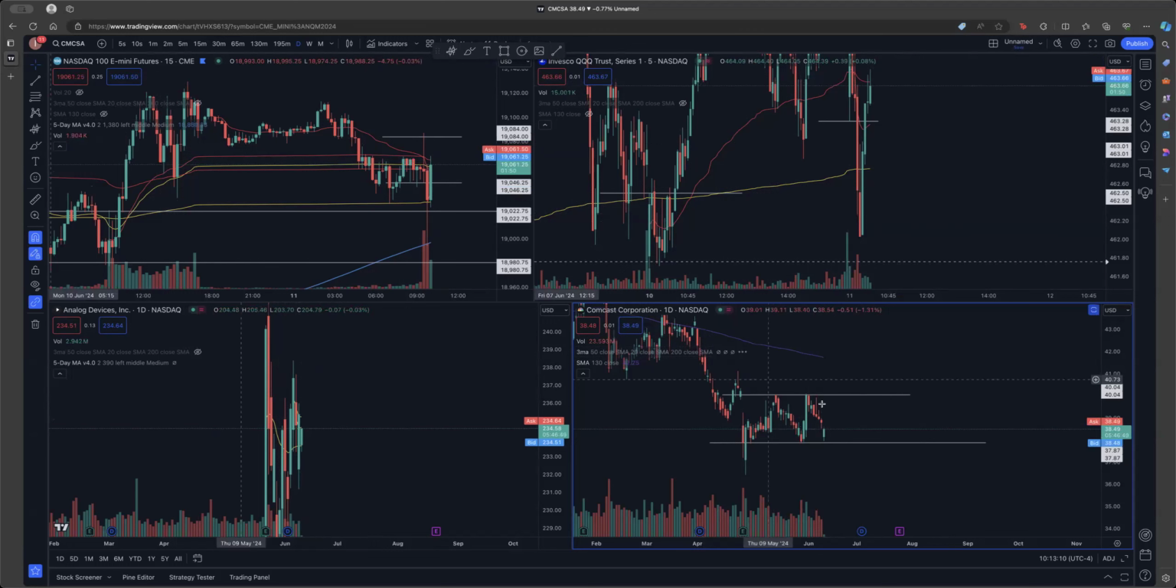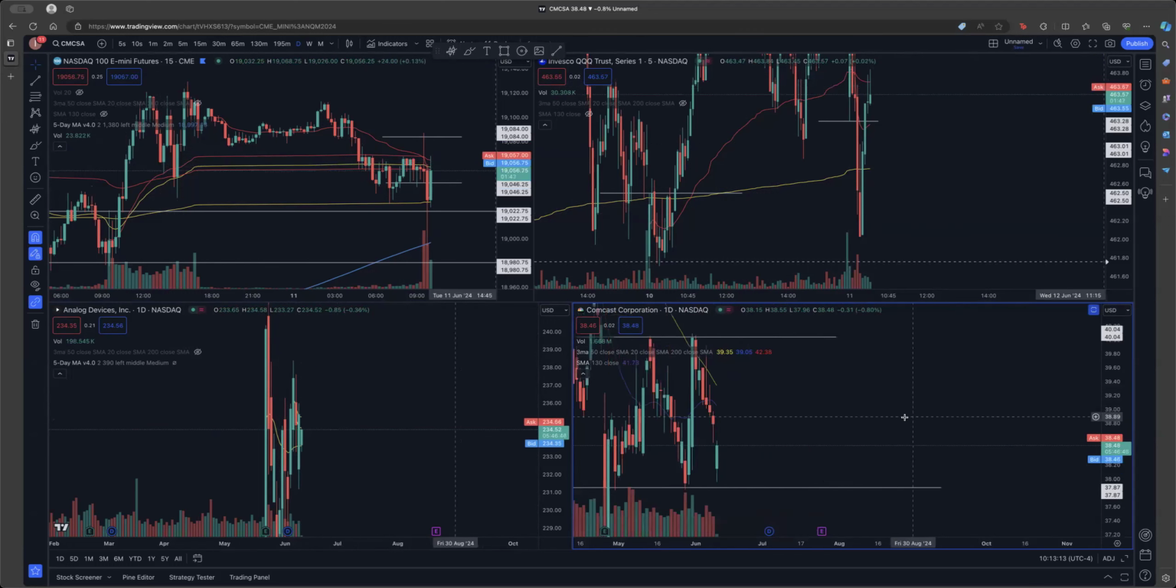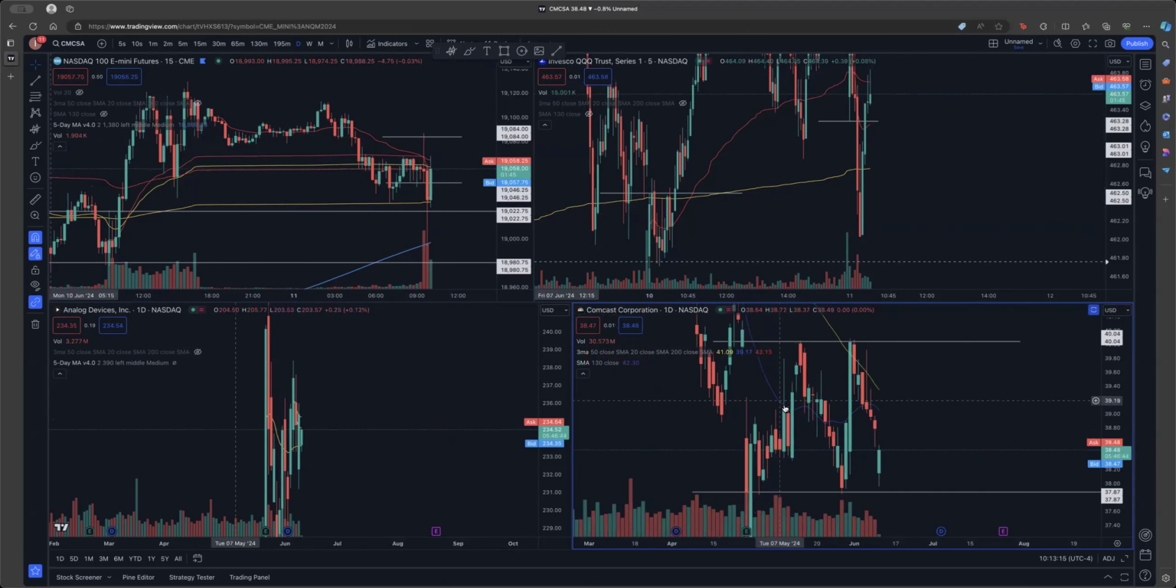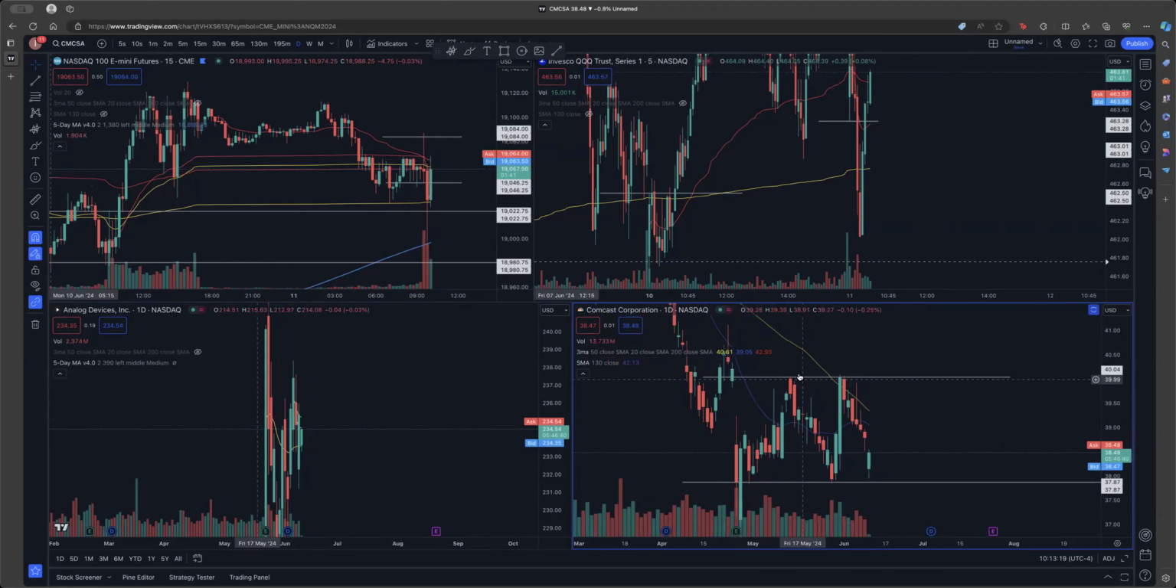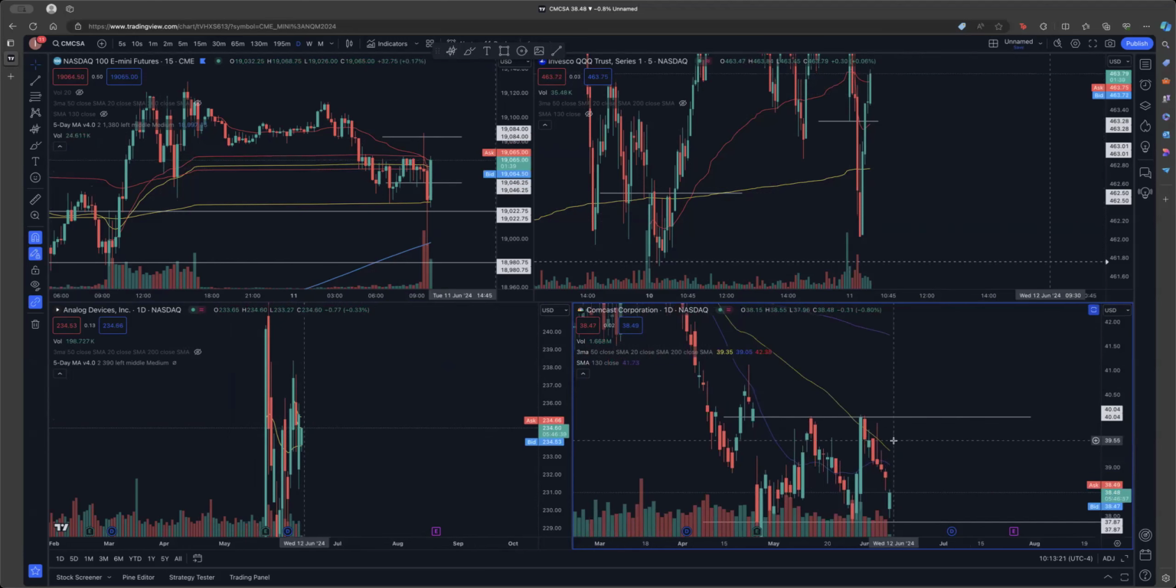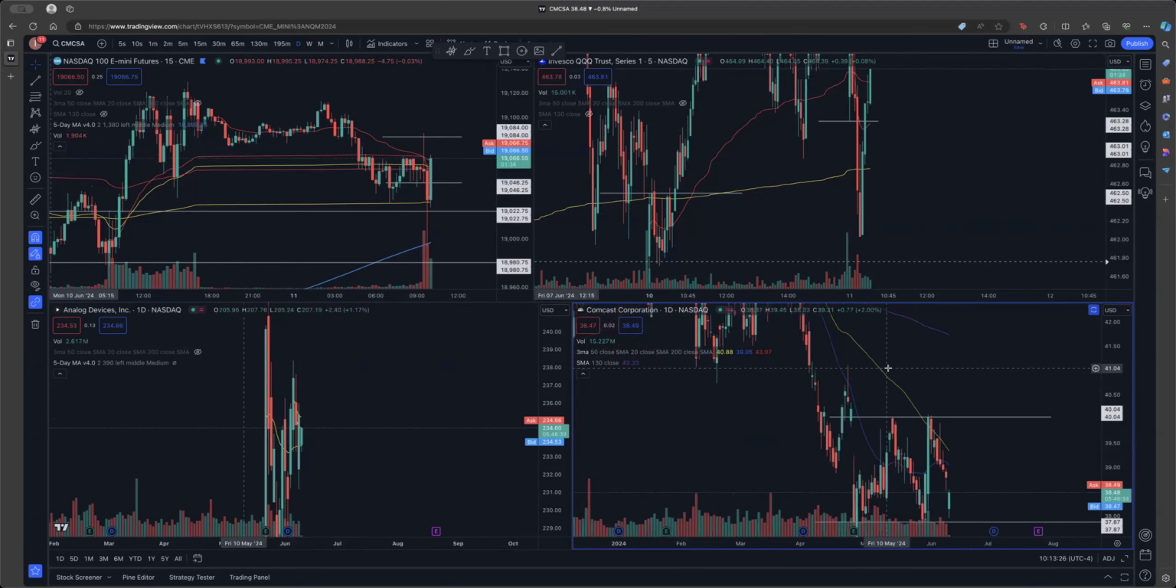If you go to the Comcast chart right here in the bottom right corner of my screen, the blue is the 20 SMA. You can see it sloping to the downside, which is just telling you the momentum for the last 20 days is to the downside. Same with the 50, the yellow line, which you can see free falling to the downside. It's just telling you the momentum for the last 50 trading days is to the downside